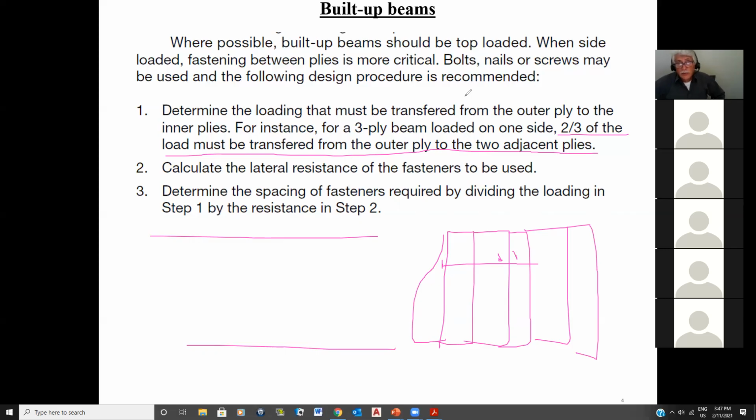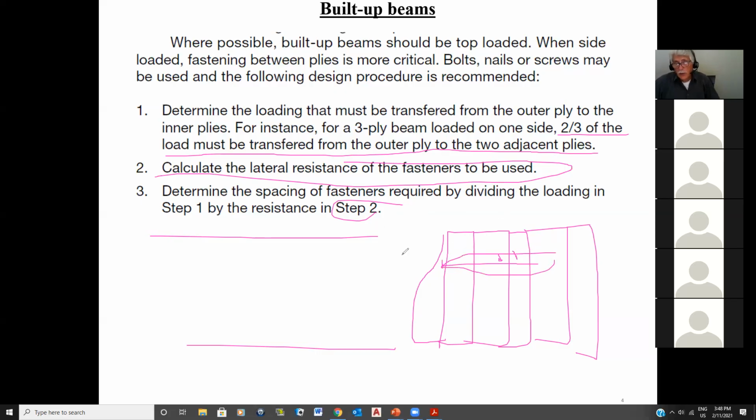That's going to be towards the end of the semester, okay? Calculate the lateral resistance of the fasteners to be used. So in other words, you have to calculate this. Determine the spacing of the fasteners required by dividing the load, okay, step 1 and step 2. So if you're going to side load, you better make sure that these fasteners can actually transfer that load